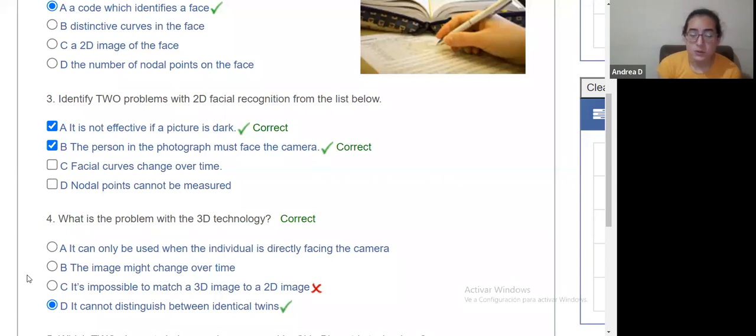So it's a tricky part because I do remember that they also talk a lot about matching 3D to 2D, but I'm not sure if it's entirely impossible. I think that you need to convert the image and do a lot of different tricks in order to match these two types of images, but you can do it at the end of the day.